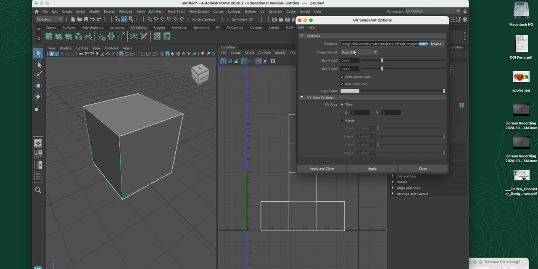Do not choose Maya IFF, because that is not something we can open in Photoshop easily. So the goal here is to be able to create this UV snapshot and then open it up in Photoshop, go in and paint on this snapshot, and then rewrap it onto this box so that we see the result, right? So what I'm gonna do right now is I'm gonna go and choose,